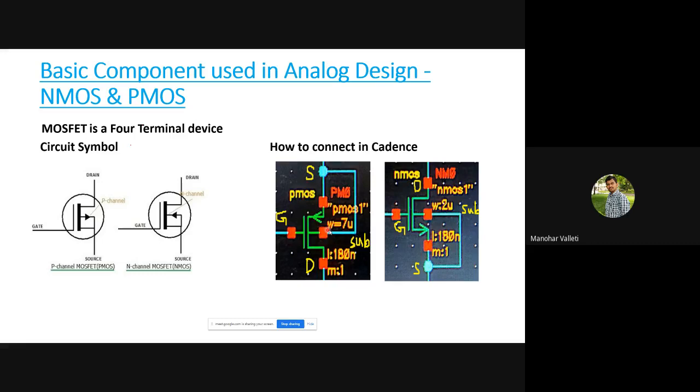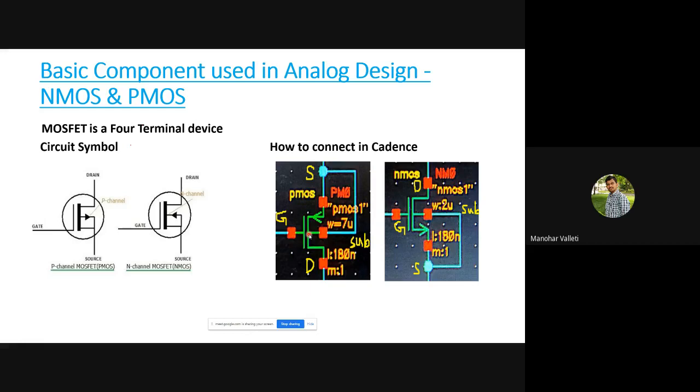In the same way, you see some terminologies here. This is the transistor name. If you want more than one PMOS, you give a naming convention. PM0 is one PMOS. If you use one more PMOS transistor, that will be PM1. If you use 10 PMOS in your design, that is PM0, PM1, PM2, like that.